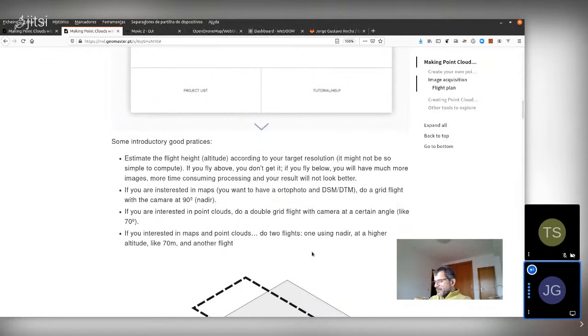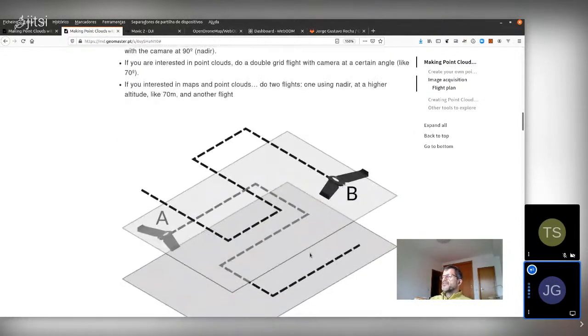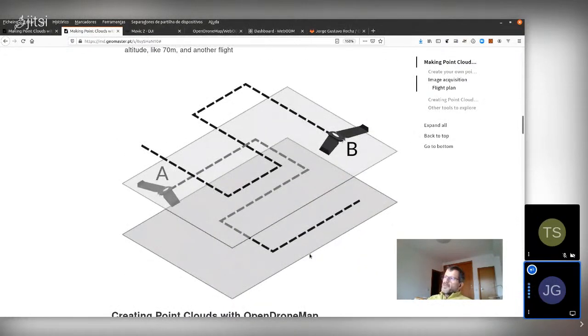Another thing quite good in OpenDroneMap is that you can do both flights and combine and use the photos. So you can fly, for example, one flight using a double grid with an oblique camera, and fly above with a single flight with the nadir position. This will be fine, and OpenDroneMap is a